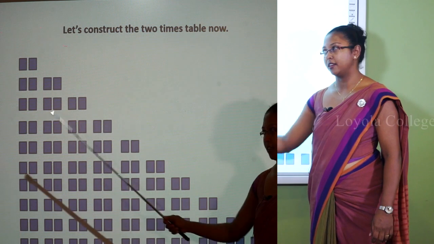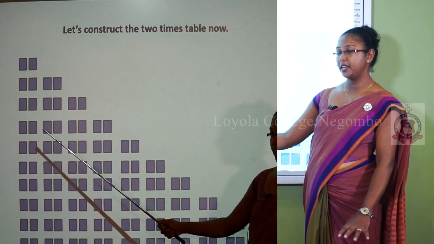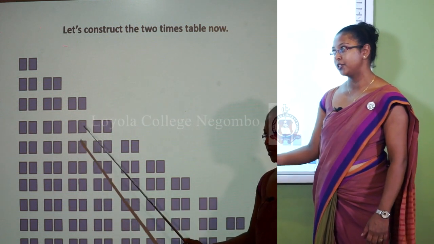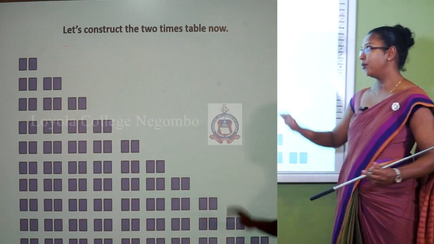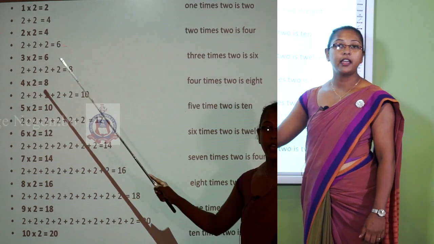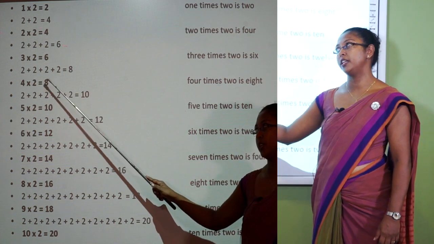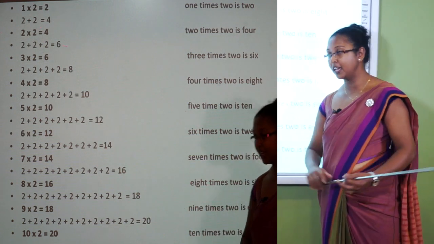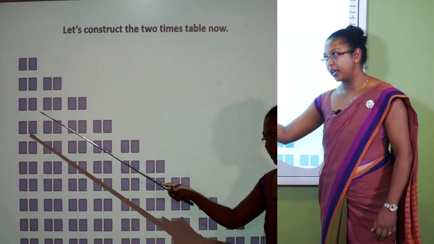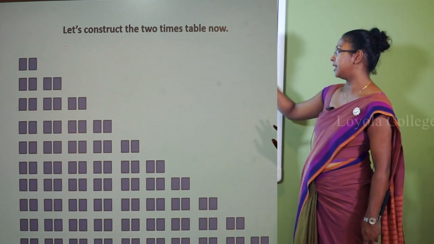How many twos are here? 1, 2, 3, 4. So when you are in grade 2 or 1, you may get this 2 plus 2 plus 2 plus 2. But now you all are very advanced kids, so there is no need to add. We can very easily say 4 times 2 is 8. Okay? Likewise, in the same way, you can get all these figures, then we can very easily construct